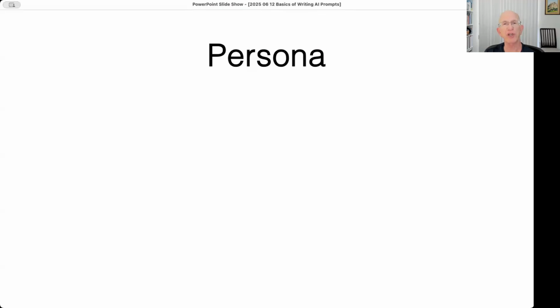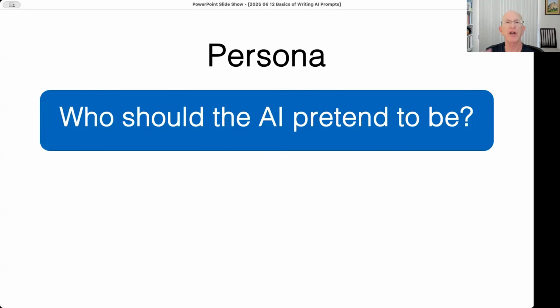So one of the first things you want your AI to have is called a persona. And that's the type of person, the type of characteristics you want it to have. And it really is best described as who should the AI pretend to be. If you don't say anything, it's going to just assume some general things. It's like a